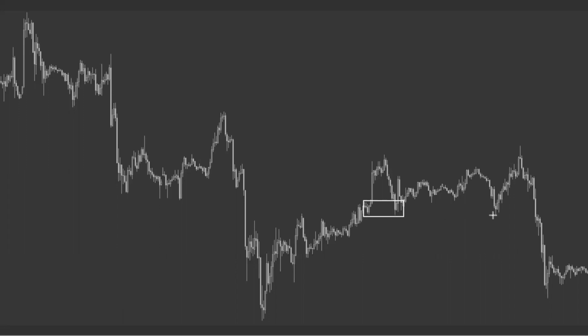Once, twice, and then moves up like this. So on the lower time frames, okay, all of this is compressed, okay. Then this pocket of liquidity up in here starts looking very attractive for a short,